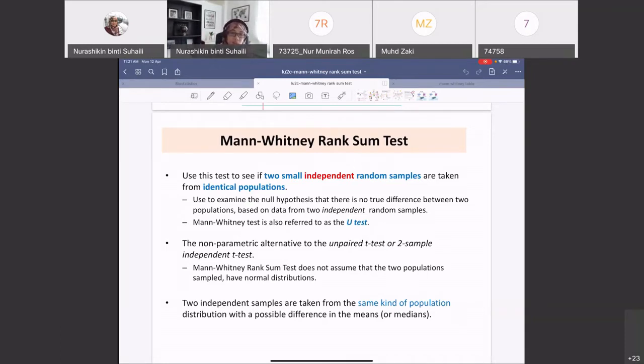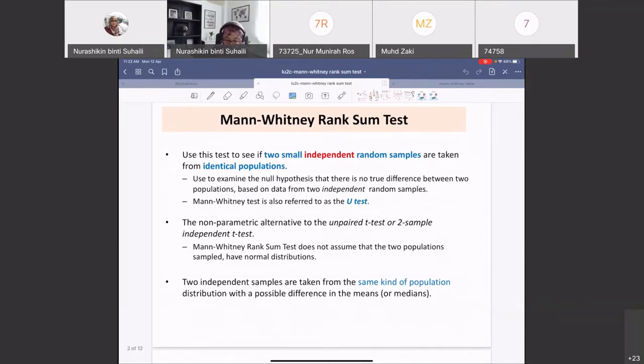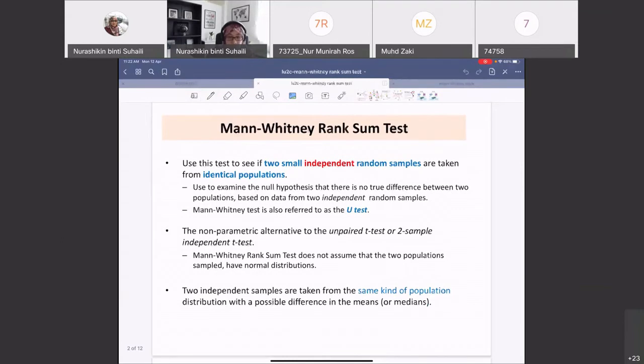So in order to reach that conclusion, you have to analyze the data. That is actually the core business of this course. We want to know what are the tests that can be used to analyze the data. And of course, the data comes in different forms. Some of them are dependent, some of them are independent. Those are things that you have to take note of when we talk about the types of data. And we are always concerned with